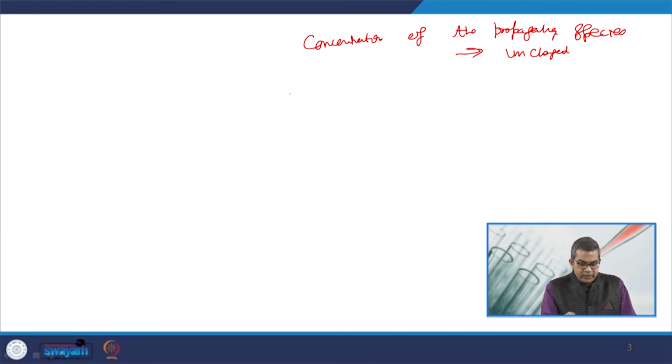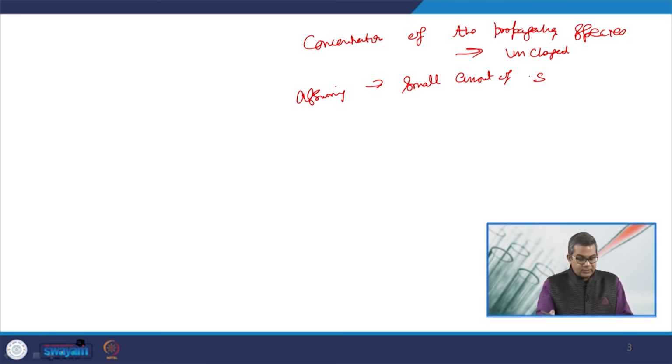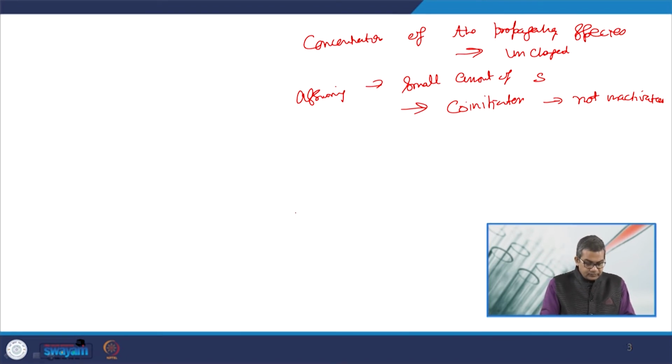Now, assuming a relatively small amount of S such that the co-initiator is not inactivated, the polymerization rate is again given by the previous equation number 5. Now, if we talk about the degree of polymerization, usually it is decreased